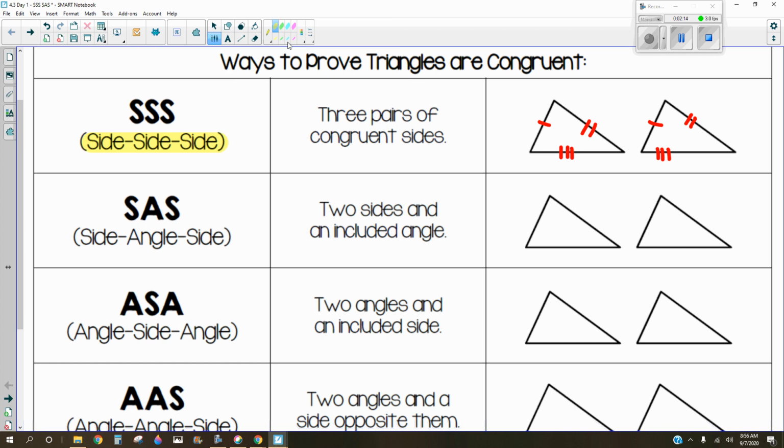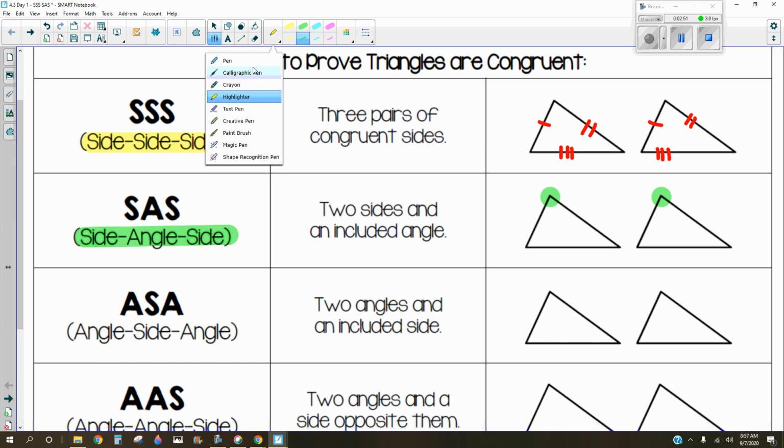The next method is called side, angle, side. Now, these words are given in a certain order to help you. This says that this angle will touch both sides. The side holds hands with the angle, and this angle holds hands with this side, meaning the angle is between the 2 sides being talked about. Remember, an angle is a corner, okay? So if I say this angle, maybe we know those 2 angles are the same size. To have side, angle, side, we would have to know that the sides that are adjacent to it,